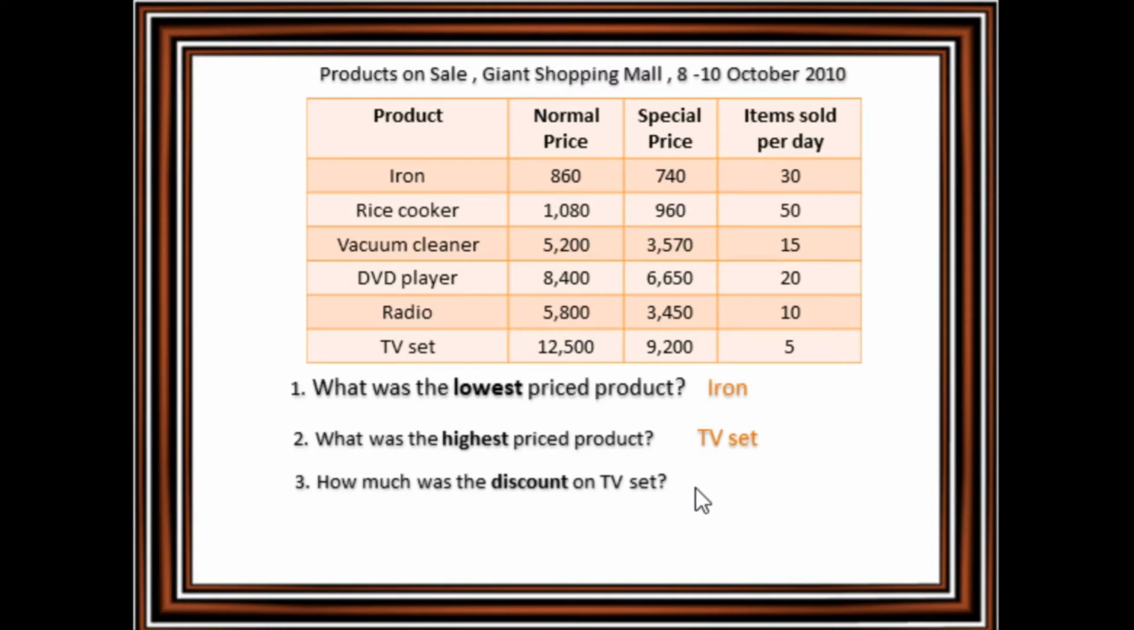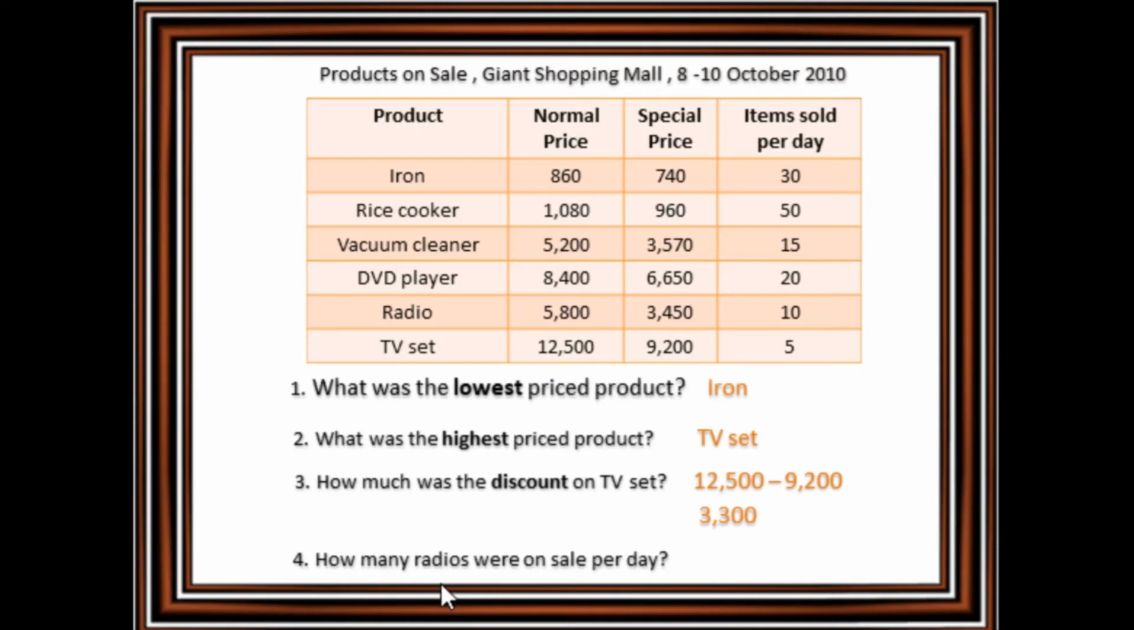So we're going to have 12,500, the original price, minus 9,200, which is the discounted price. Which means if we subtract these two, we get the price of 3,300 baht. That means the TV set is on discount worth 3,300 baht. And the fourth question,